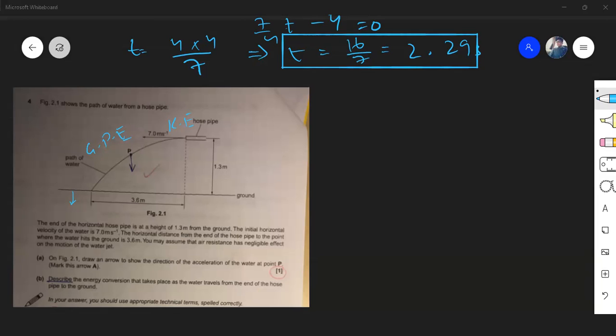Let me see if you did this correctly, because you've sent me the solution. I just want to check if you've done this correctly. 3.6 x as